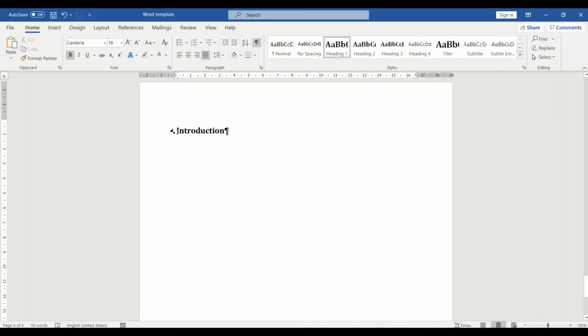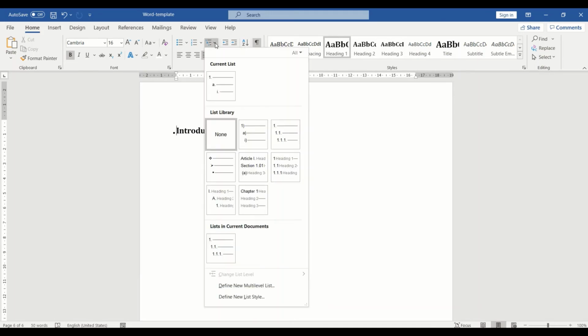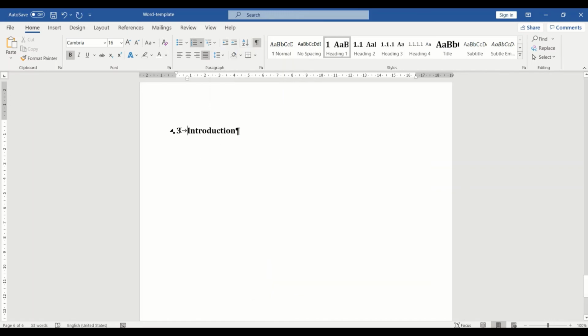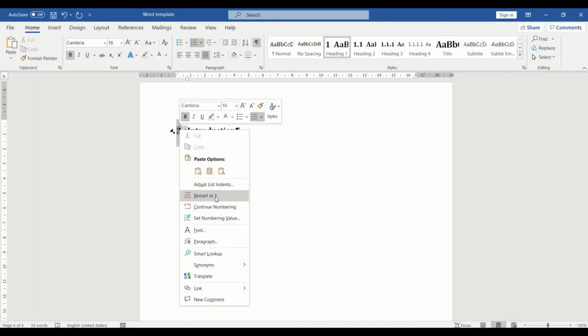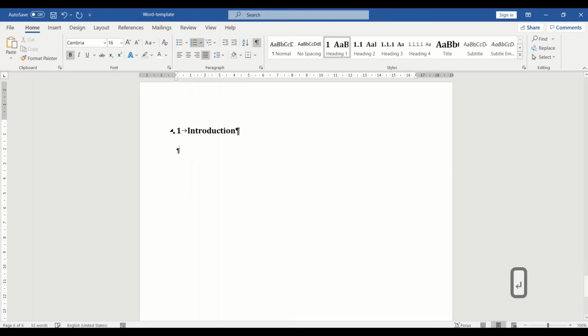Let's apply the heading structure. You can do this by clicking on this list button and selecting this style, where every heading level is supplied with the appropriate number. Because of the previously used heading 1 styles, we need to restart it. This will be content,